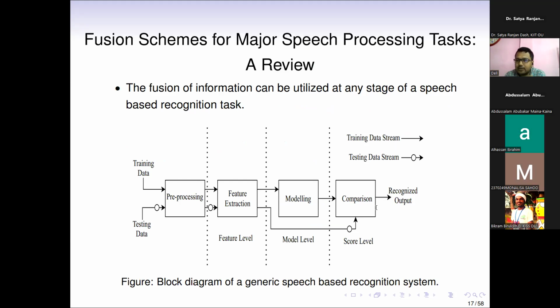Now we come to the technical part. This is a diagram of a speech-based recognition system. You may know all these things because Dr. Jagabandhu Mishra gave you an idea about the speaker recognition task. Also, Dr. Madhusudan Singh gave you an idea about the replay detection system. We are also going to talk about that. Now we are taking a very simple